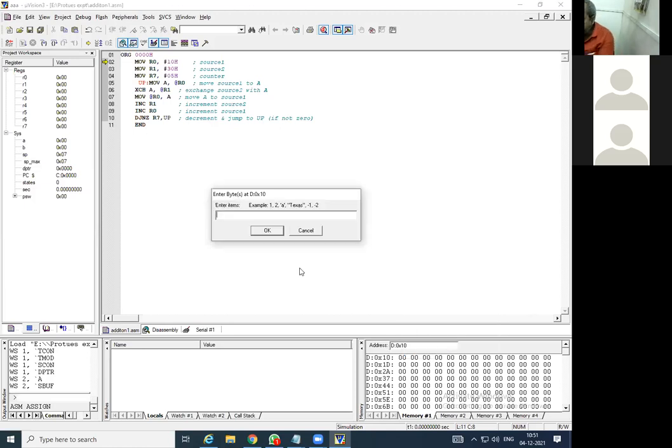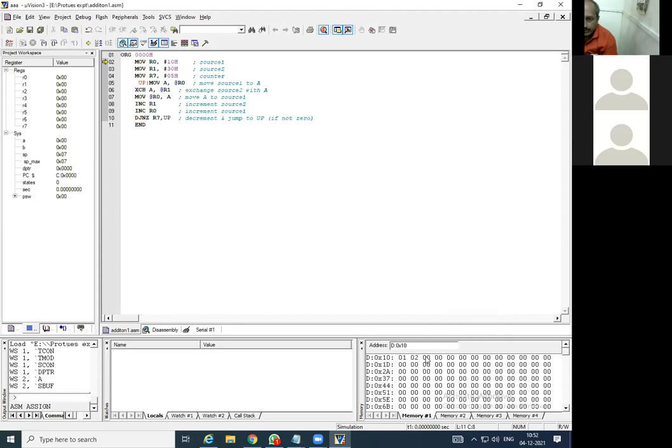But as the counter we have given is 5, here I will enter 6 data values like 01, 02, 03, 04, 05, and one more I will add, that is 06. So let us check whether 06 also gets exchanged or not. That we will check.